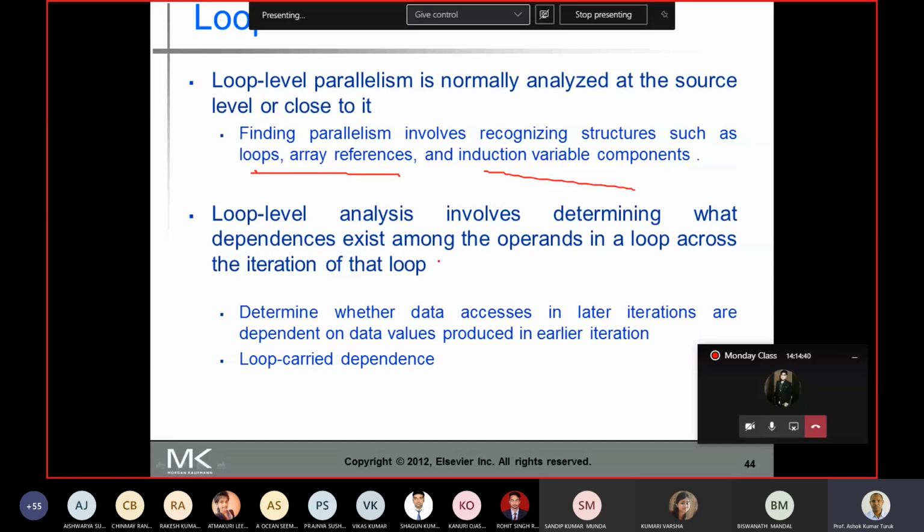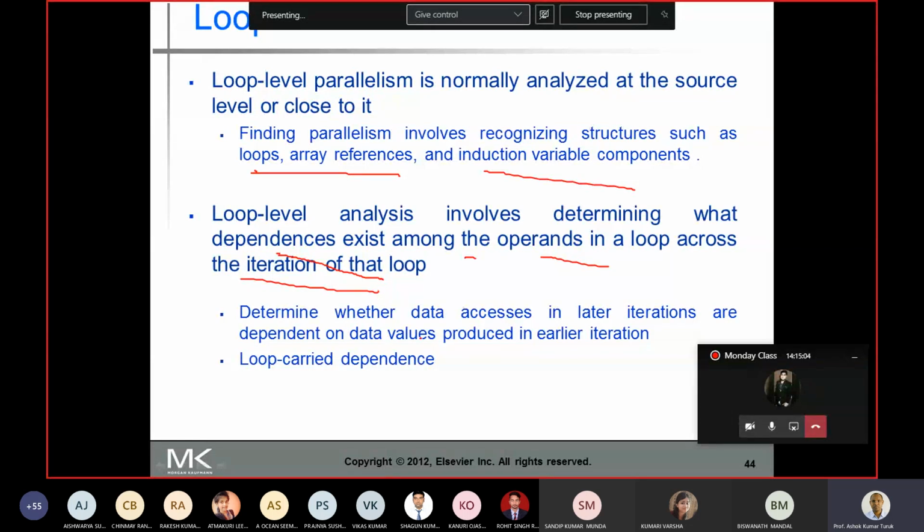Loop level analysis involves determining what dependences exist among the operands in the loop across the iterations of the loop. So you have to check what type of dependence exists among the different iterations of the loop.